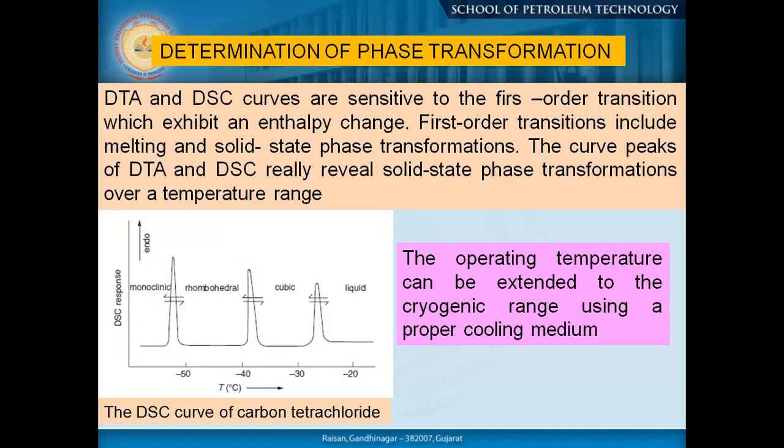But in this case, what is happening is the reorganization of the structural pattern, and they are now changing in the solid form itself. So it is not melting, but they are changing their system. This is actually carbon tetrachloride. Initially, you see this temperature. From liquid, it is now changing at a lower temperature. So you can see the operating temperature can be extended to the cryogenic range using the proper cooling medium. So what that means, we try